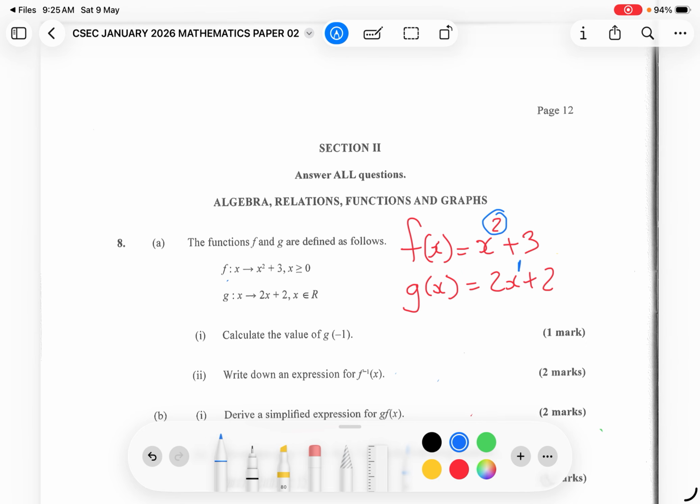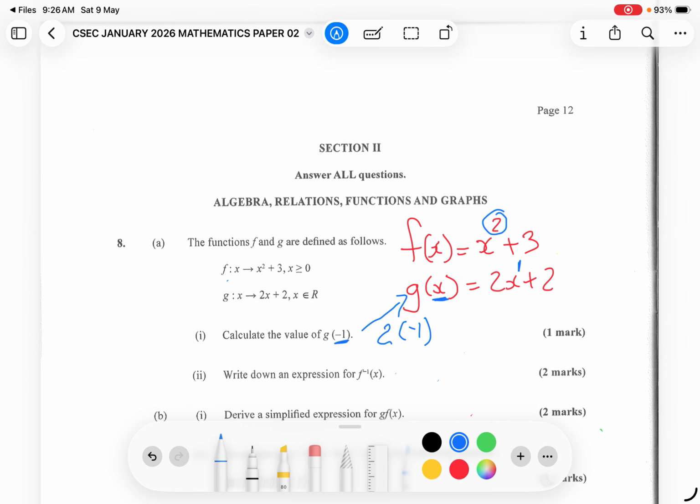Now, what did they ask us to do? They said calculate the value of g of -1. Now, what does that mean? Now that I've written this in this form, it makes it easier for you to see what g of -1 means. Because inside the bracket here is a -1, and that replaces x. So when you see a function and a number in the bracket there, it's an indication of what your x value is. Now, if it asks you to calculate the value of g of -1, you're substituting x as -1